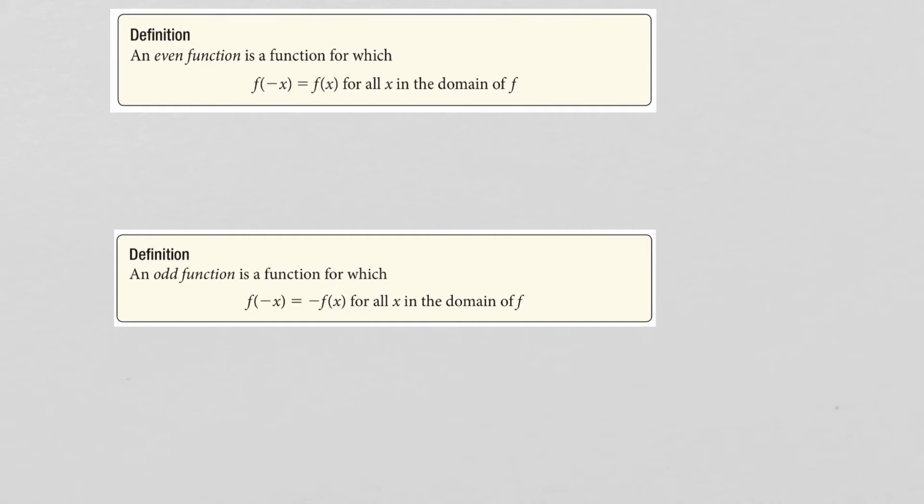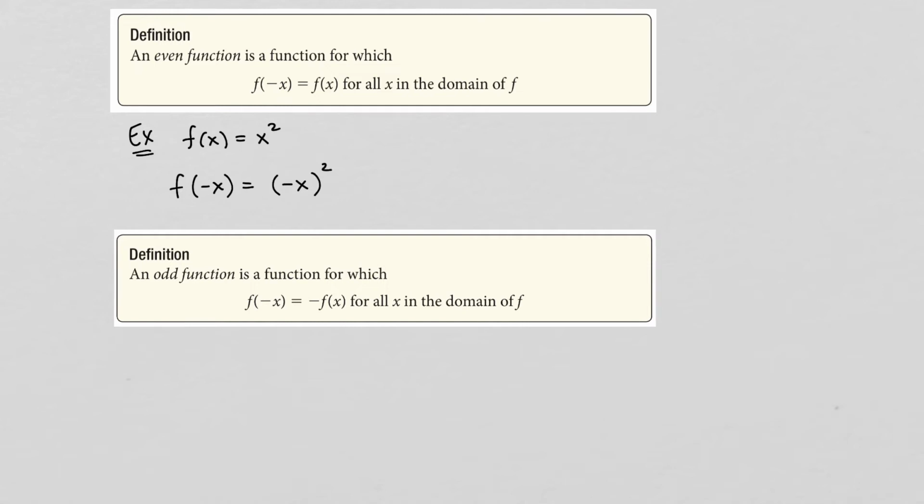Now let's talk about even and odd functions. This is an algebraic concept. The definition of an even function is a function for which f of negative x is the same as f of positive x for all x in the domain of the function. So a quick example from algebra of an even function is think of the function f of x equals x squared, right? If I do f of negative x, according to the definition of this function, that means to take